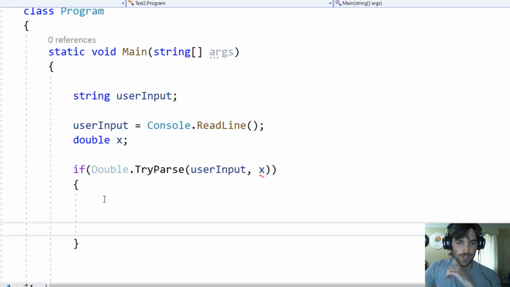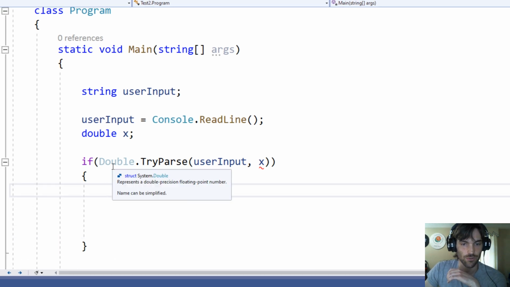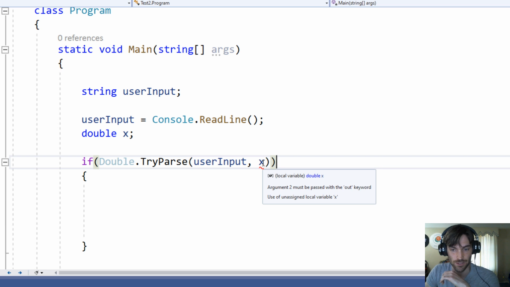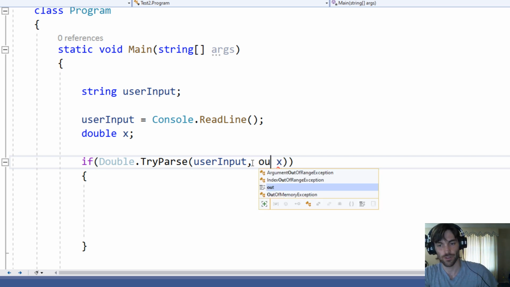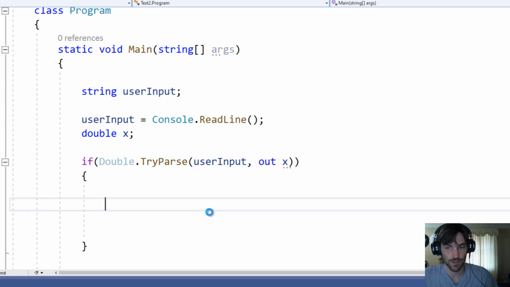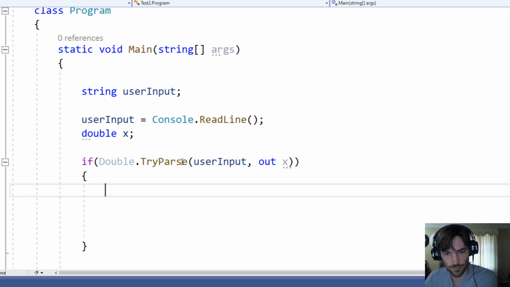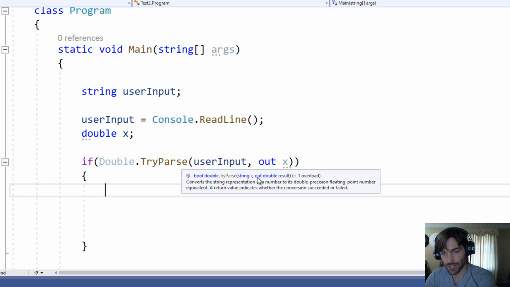Everything inside of here will execute whenever Double.TryParse is successful. There we go. We have to put out because this is an output